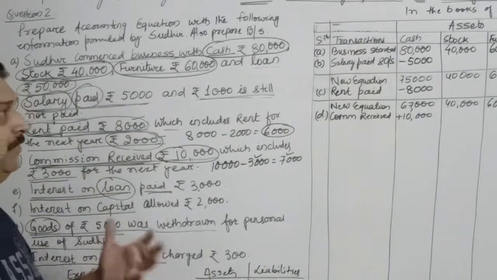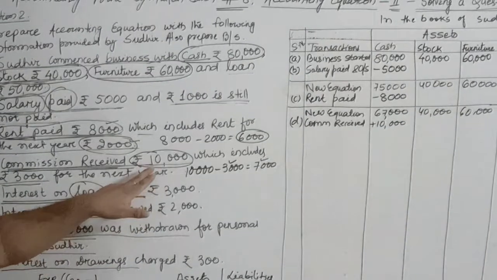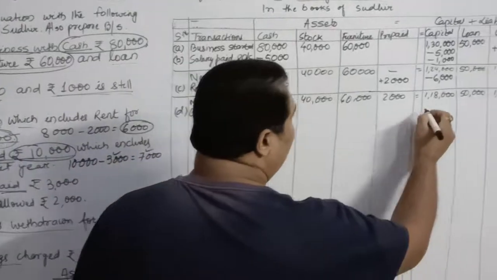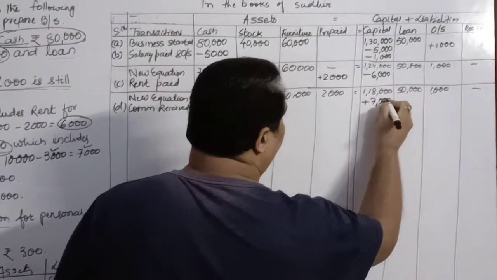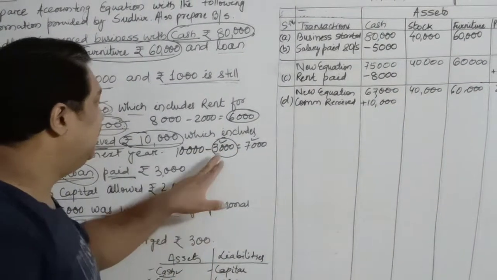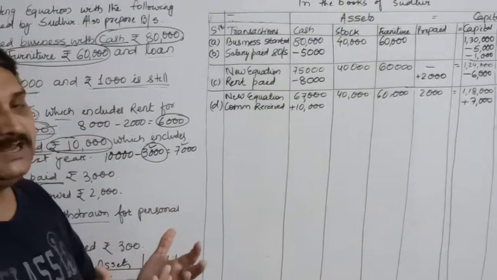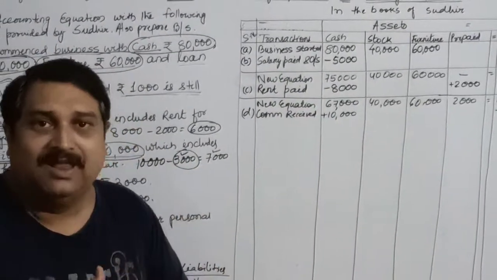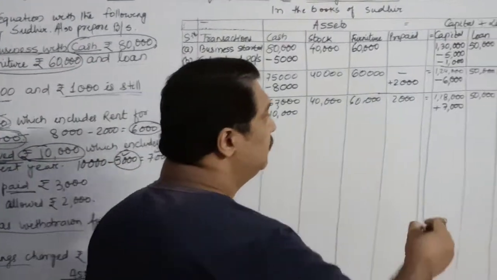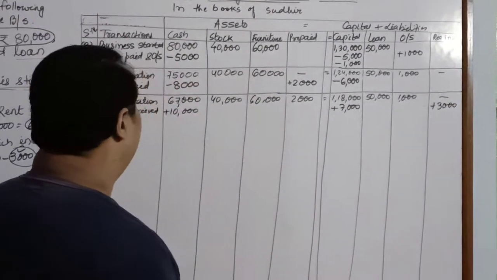But as I told you, we will consider only that income which is related to my current year. So how much is related to my current year? Only 7,000. So I will add 7,000 over here income. Now the rest part, 3,000. What happens with this 3,000? This 3,000 is related to the next year. That means this is the commission which I have received in advance. So I will have to provide the service in future. So that is my liability. So my liability will increase by rupees 3,000.